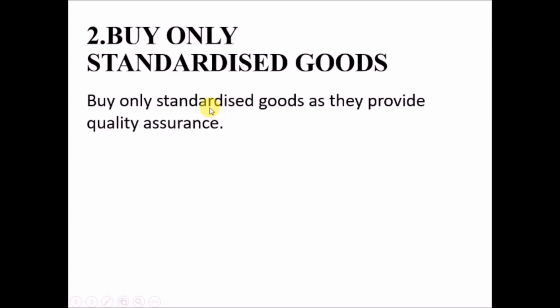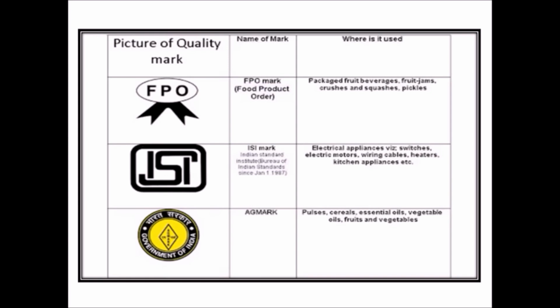Next is buy only standardized goods. So consumers should always buy standardized goods as they provide quality assurance. And in order to see whether a good is standardized or not, Government of India has provided certain marks on particular products which ensures that those products are of good quality. And these marks are, first as you can see here, FPO. This is Food Product Order Mark. You will find this on packaged fruit beverages, fruit jams,